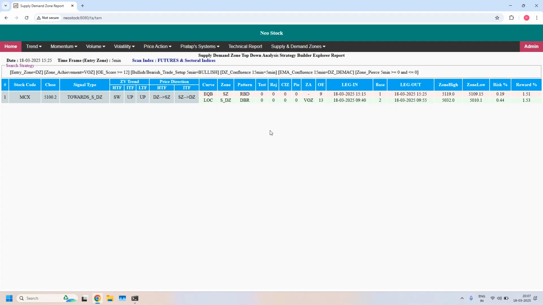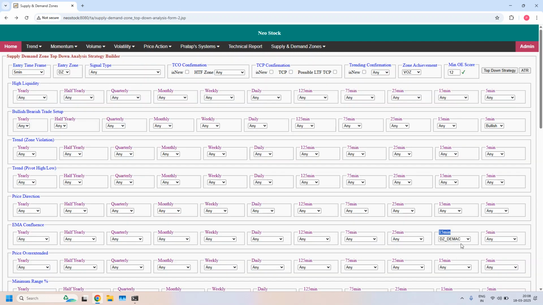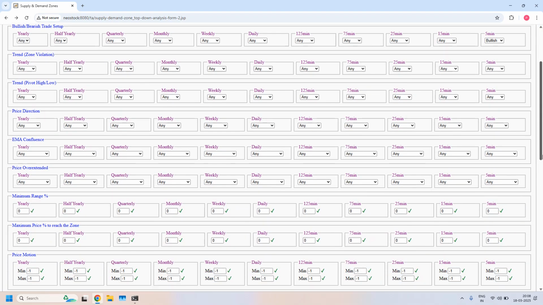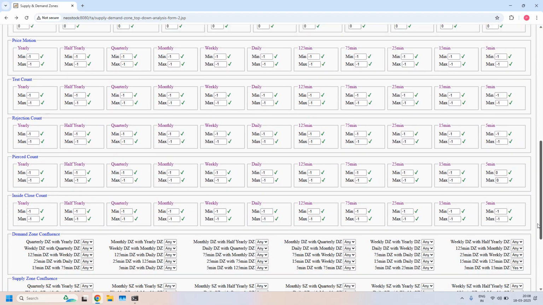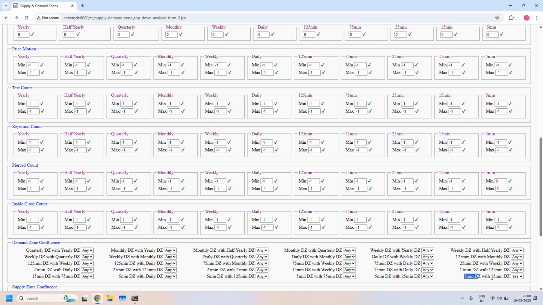Okay, next we will look into LTF, ITF, HTF demand zone confluence supported stocks. Removing the EMA filter, in the demand zone confluence we should set 3 filters. The first filter is already enabled. Next, 5 minutes demand zone with 75 minutes demand zone confluence. Similarly, 15 minutes demand zone with 75 minutes demand zone confluence. With all the 3 filters,